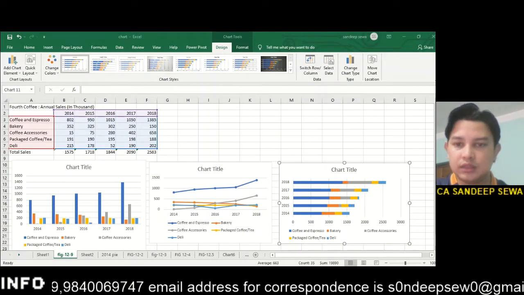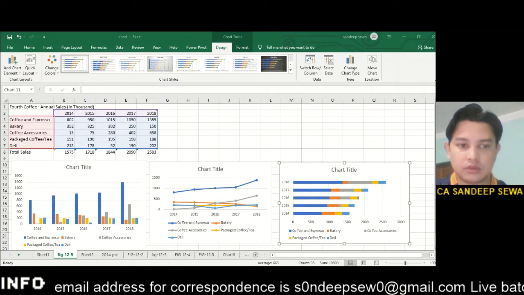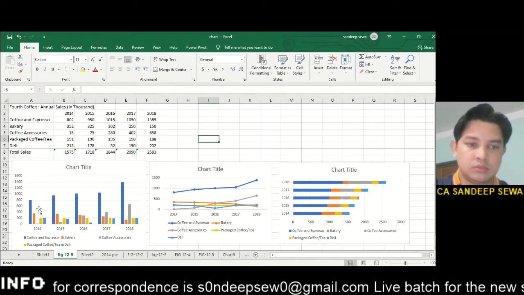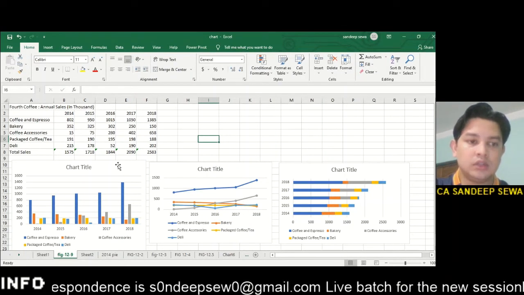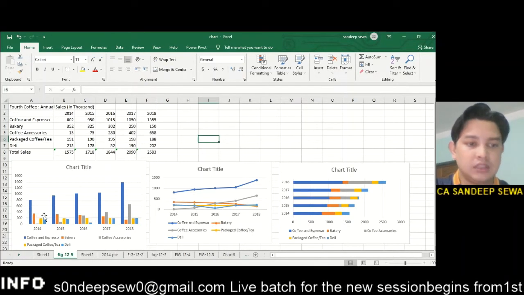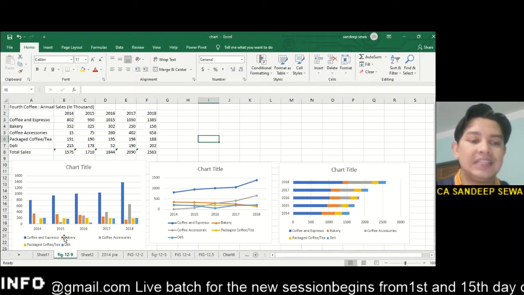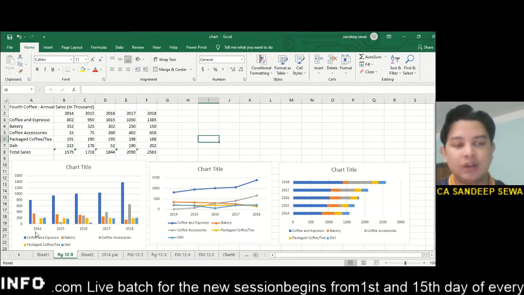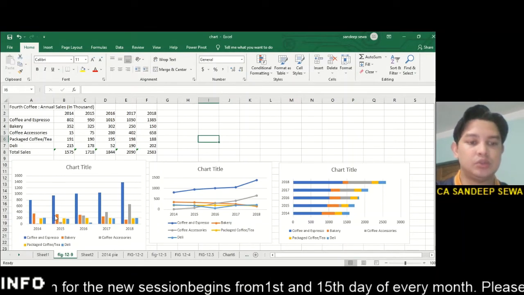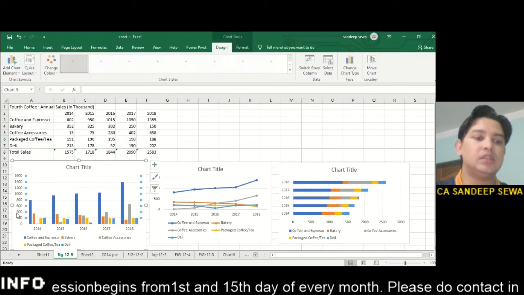So now you can see these three charts. I want to show you the first one. This is the column chart. In 2014 this will reflect all the 5 bars, the individual item for each year in one data series. All individual items are shown. So in blue there is coffee and espresso. In 2014 all 5 items, 2015 all 5, and revenue in the y-axis.